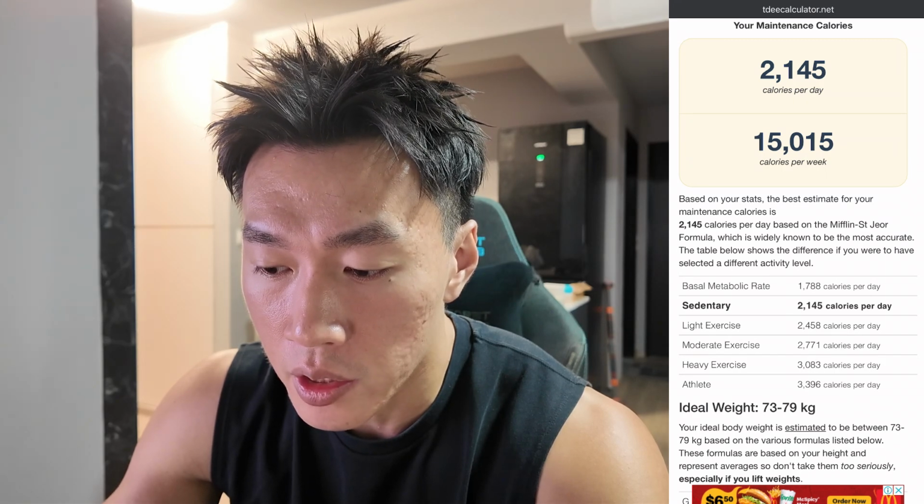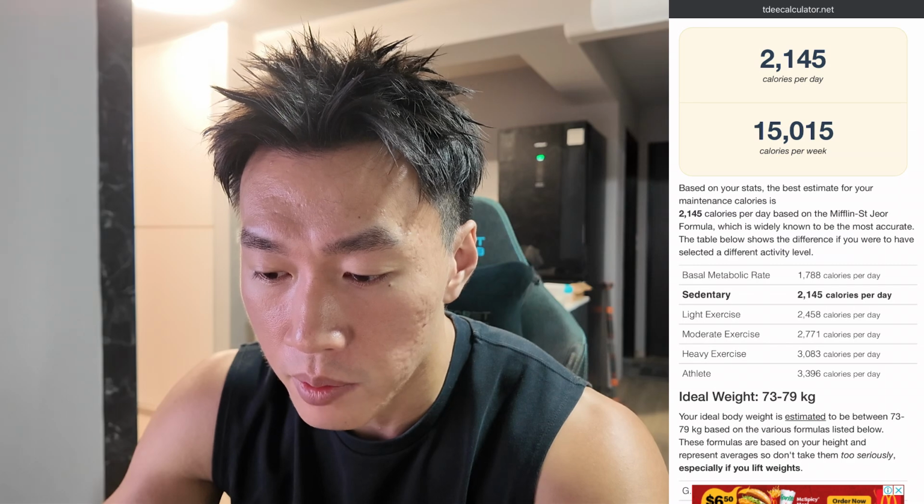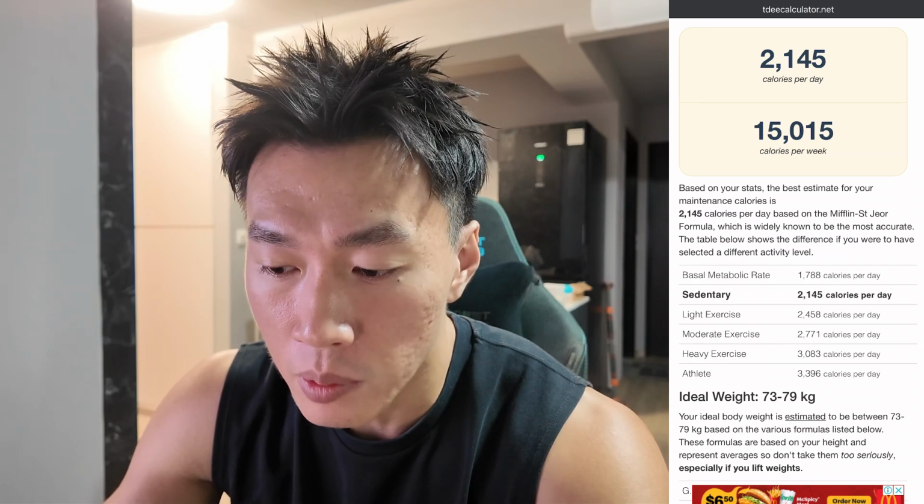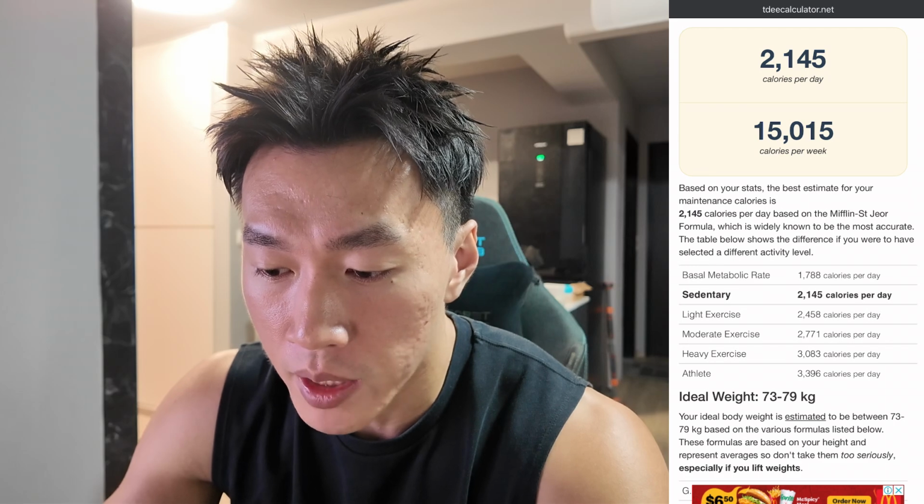Let's say on the day I'm working out, and my workout duration is normally about 2 to 3 hours. I'll input myself as moderate exercise first, which is 2771. So I shouldn't be eating over these 2771 calories. If I want to lose weight, I can eat about maybe 2005 calories for the day. If I'm eating about 2005 and burning 2771 calories, it means I'm actually losing weight that day, which is an effective